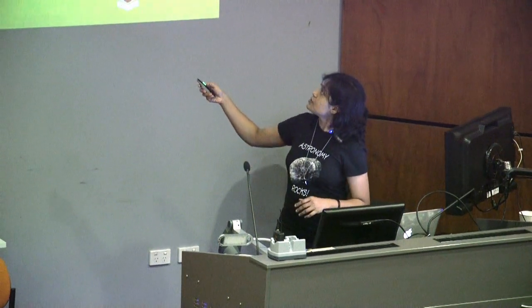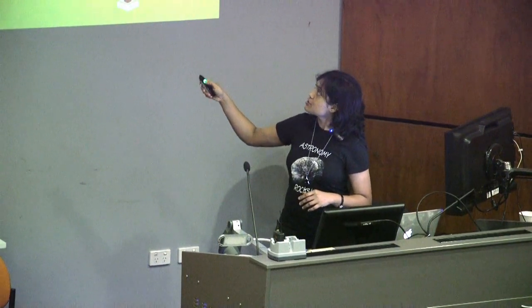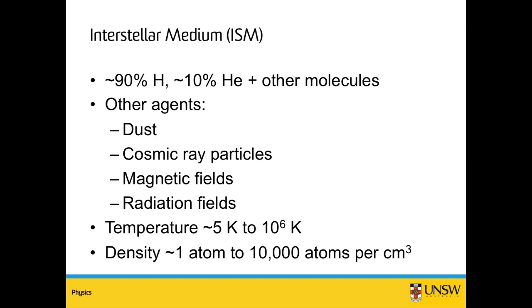But 10 to 15% of this galaxy is made up of interstellar medium. And that interstellar medium has got 1% dust. And other than that, around 90% is hydrogen, 10% is helium, and some other molecules it has got in